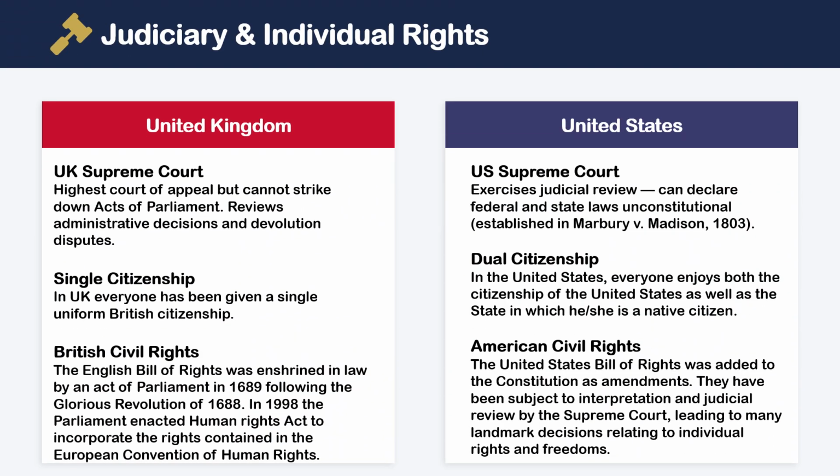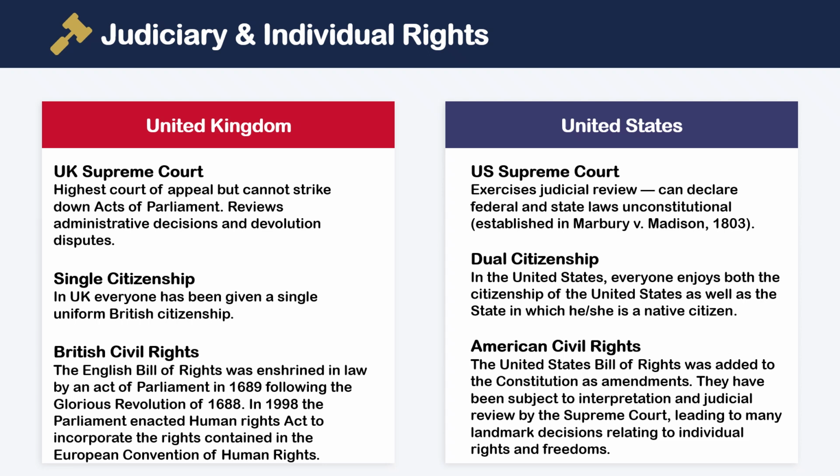Now let us understand the difference between the United Kingdom and the United States with reference to the judiciary and individual rights. Number one, the UK Supreme Court is the highest court of appeal. However, it cannot strike down the laws or the acts made by the Parliament. What can it do? It can only review the administrative decisions and resolve conflicts or disputes related to devolution of